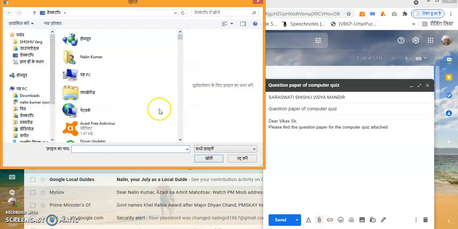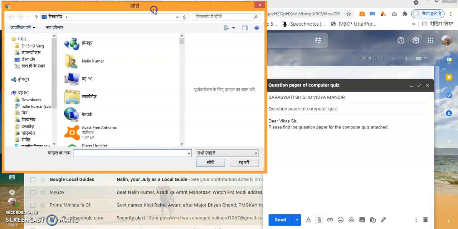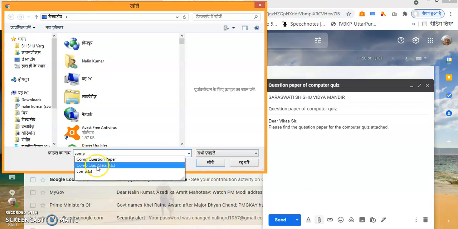Once I clicked, I have got a new dialog box where I will tell which file is to be sent. You can simply write also here to find it out. COMP computer quiz class 8. I have got the file name, so I will simply click upon it.